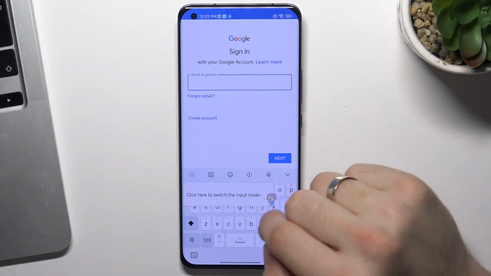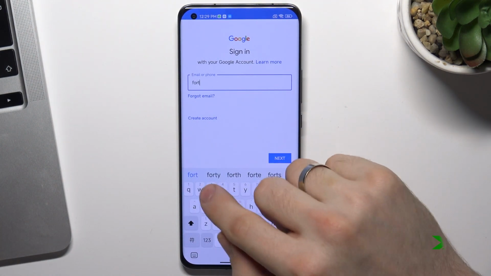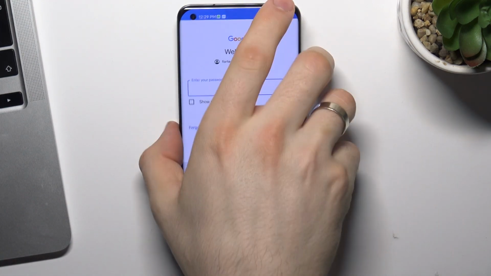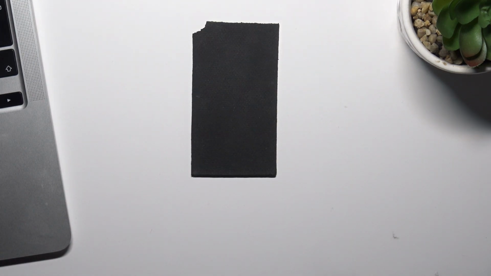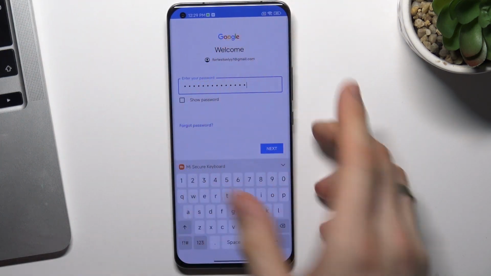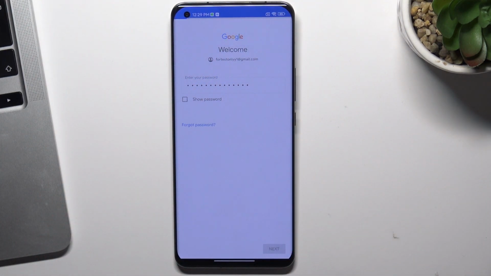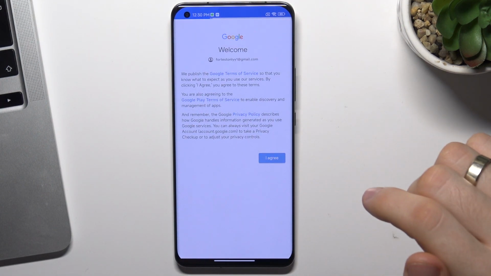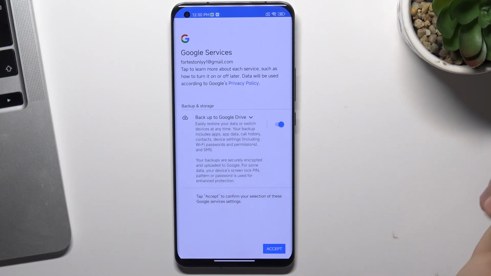So now just enter your email, now enter your password, click next, again, I agree, accept,